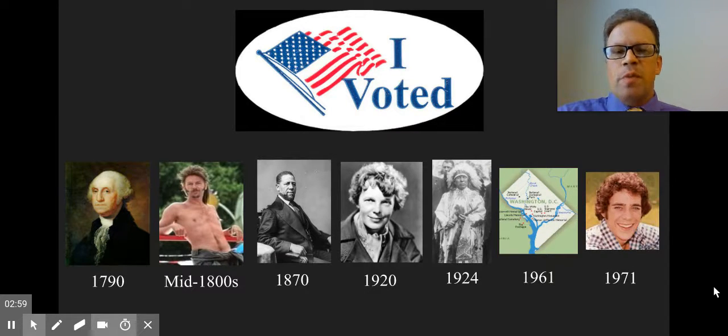The 26th Amendment, which was ratified in 1971, lowered the minimum voting age to 18 years of age. So, hey, if you're a teenager, you're good to go as long as you're 18. The efforts to lower this voting age actually began during the 1940s when World War II was going on. A lot of people were saying, if you're old enough to fight, you should be old enough to vote. So this was passed again in 1971.